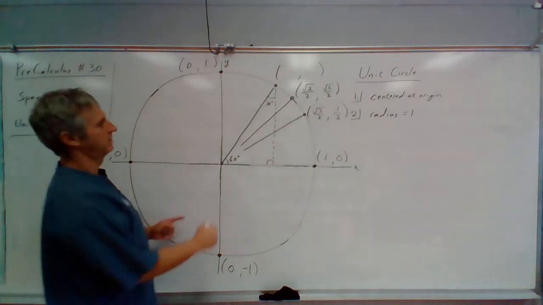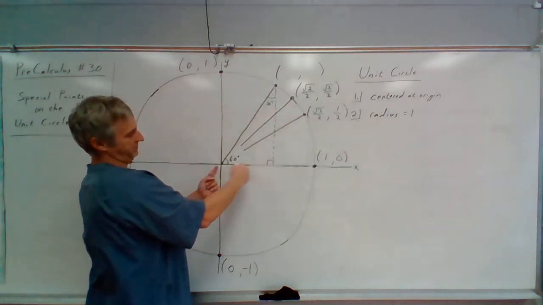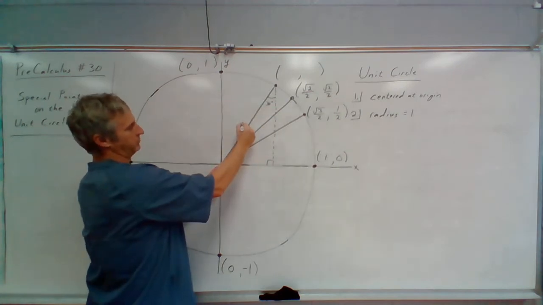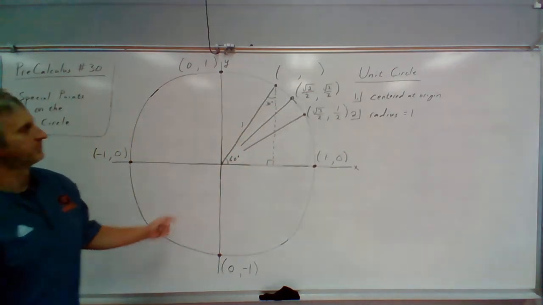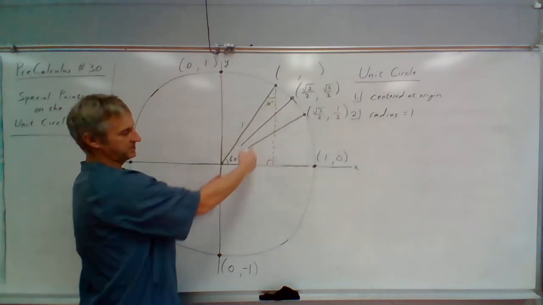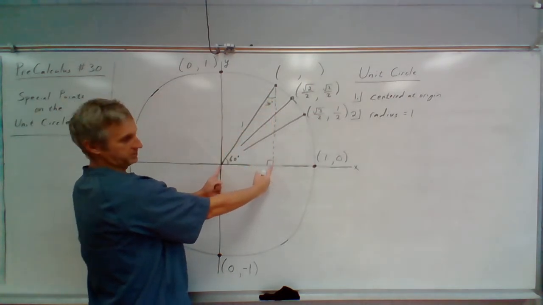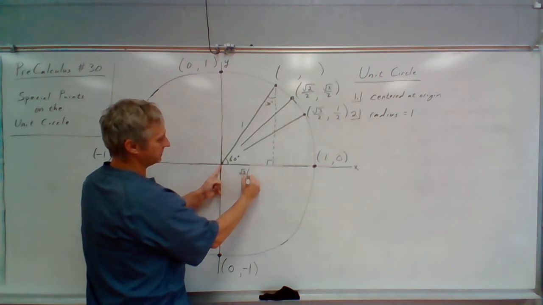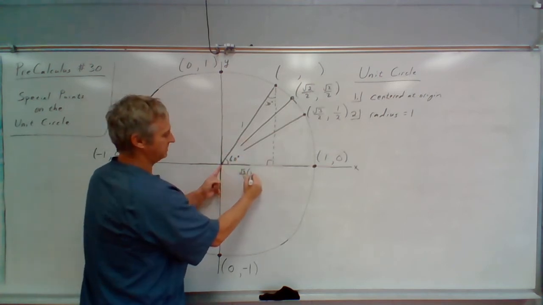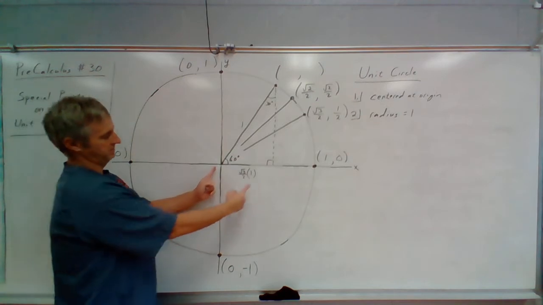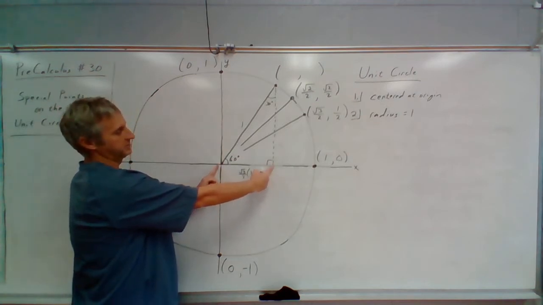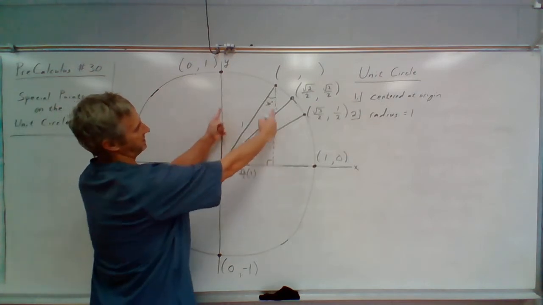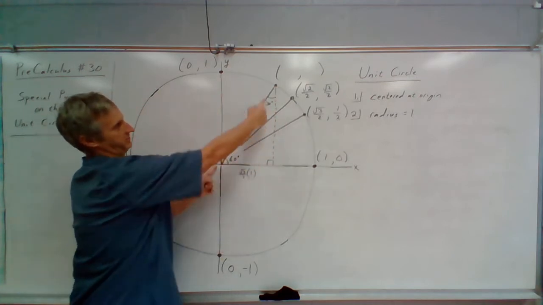All right. The hypotenuse of this triangle is 1 because this is a unit circle. So the side opposite of the 30-degree angle, so this side of my triangle is the square root of 3 over 2 times the hypotenuse, which is 1. So this side is the square root of 3 over 2, which means that the x-coordinate of this point,